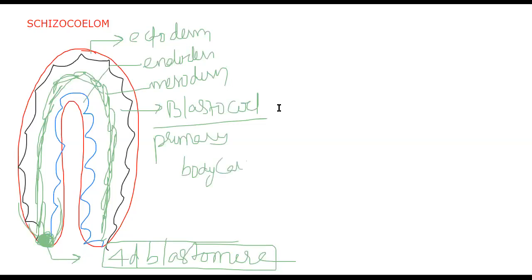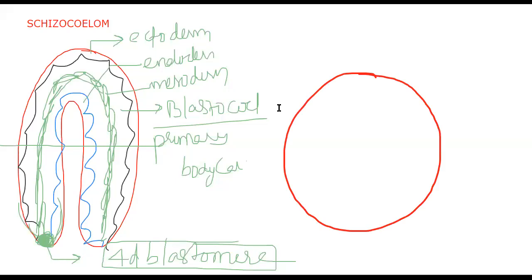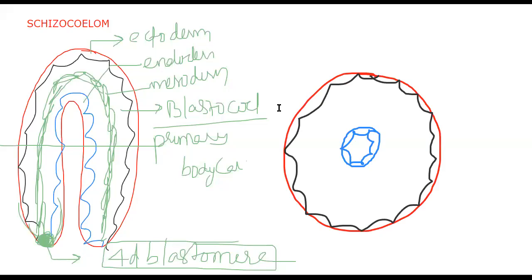To understand this much better, we are taking the transverse section of this area. Let me show you how it looks if we take a transverse section. This is the outer layer. I use the same colors here, so as not to get confused. This is the ectoderm. Then endoderm, the blue color, isn't it? Let's use the blue color. And the green is for the mesodermal cells, whatever they develop, I'm showing here.